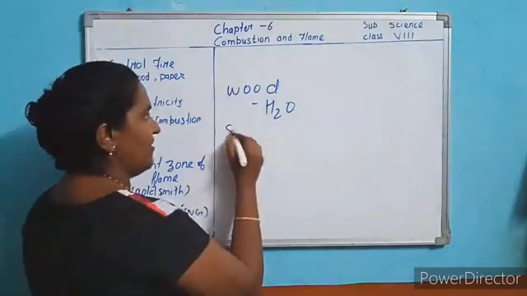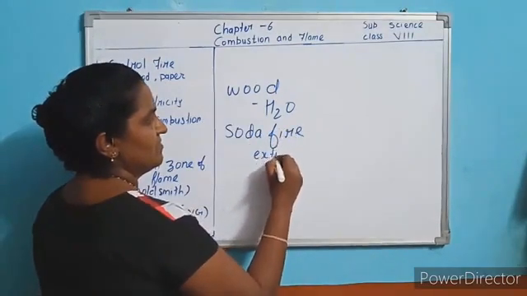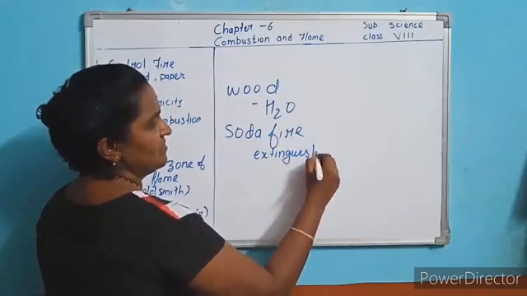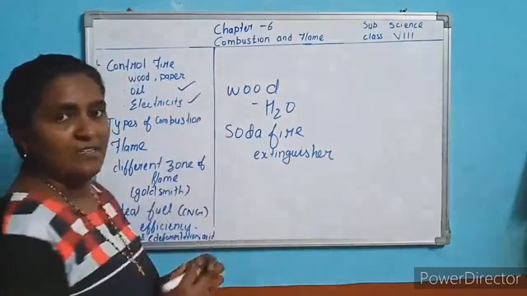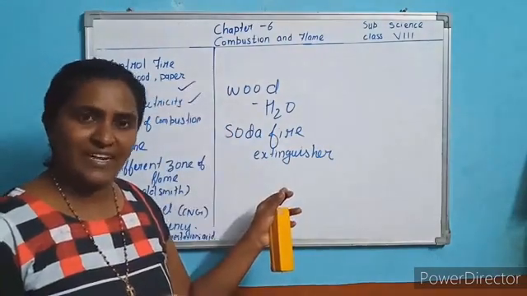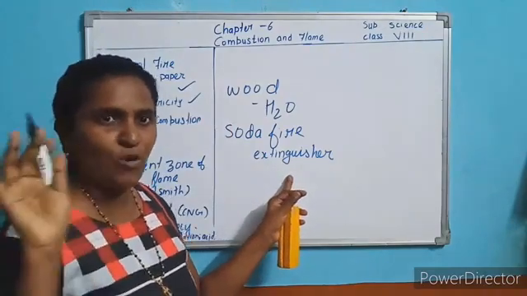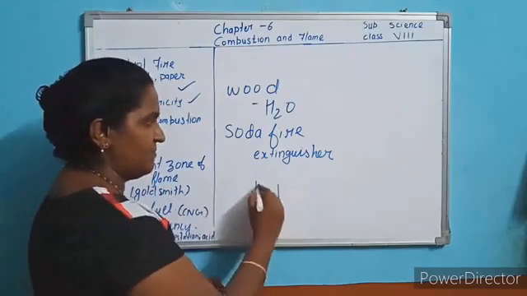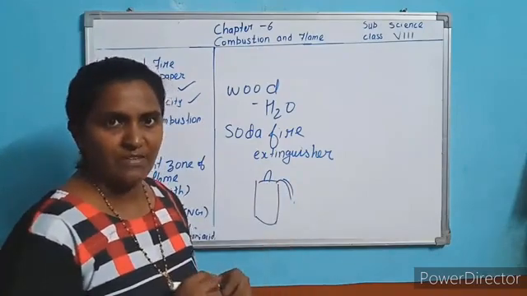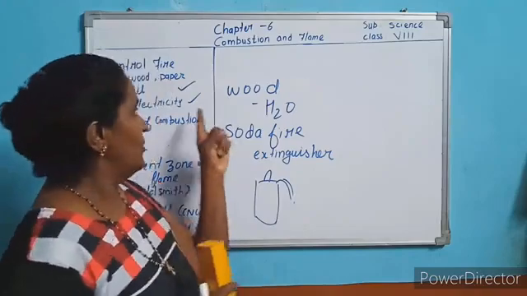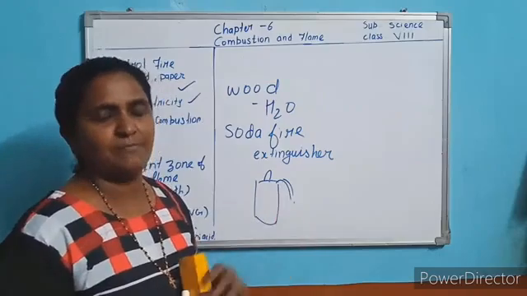What is that? Soda fire. Which one will help you? Soda fire extinguisher, in which carbon dioxide is liberated. In our school also, and many offices and schools, they keep this metal container. In this metal container they keep the soda fire extinguisher, which helps to put off the fire due to oil leakage, electricity or petrol. In this sort of condition you can use this.